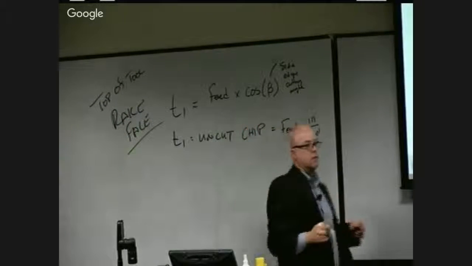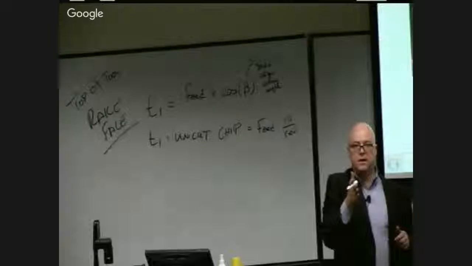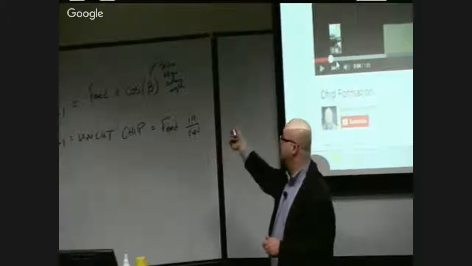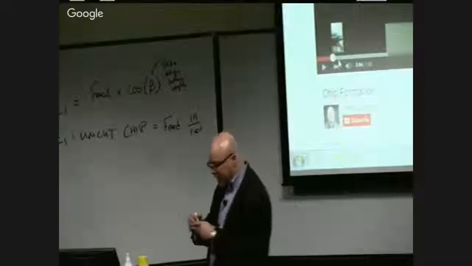What's cosine of 0? 1. So when there is no side edge cutting angle, when that angle is 0, then our cosine is 1, T1 equals T. All right, so as we're making our chip,